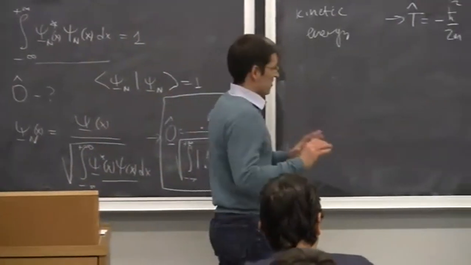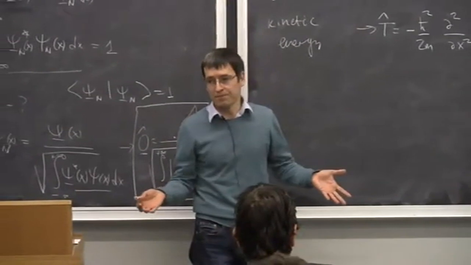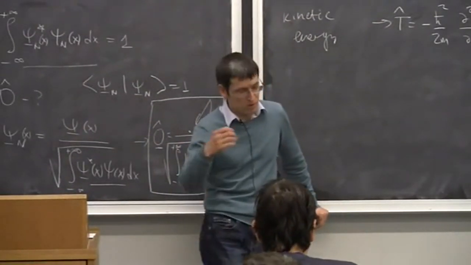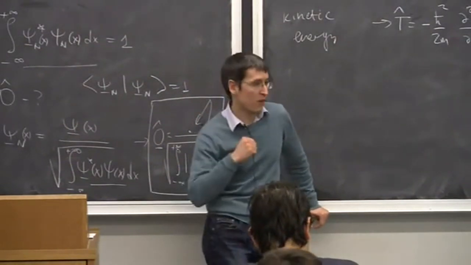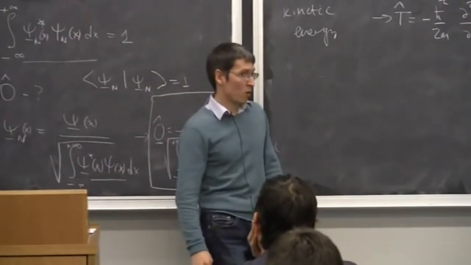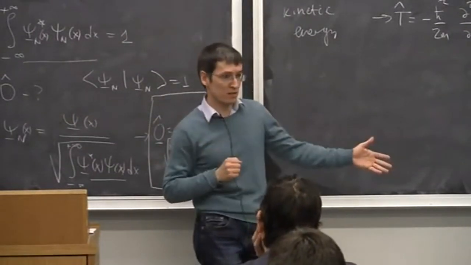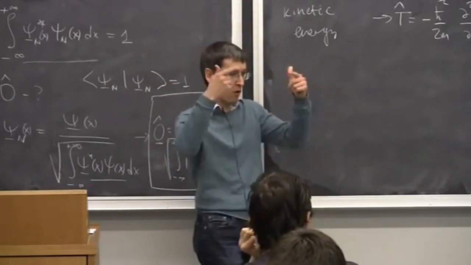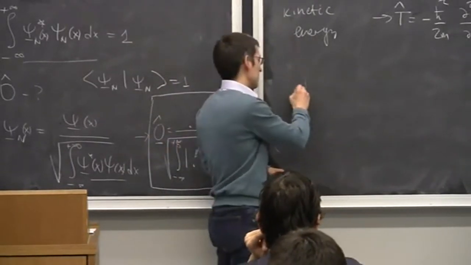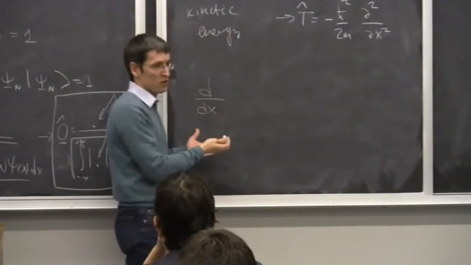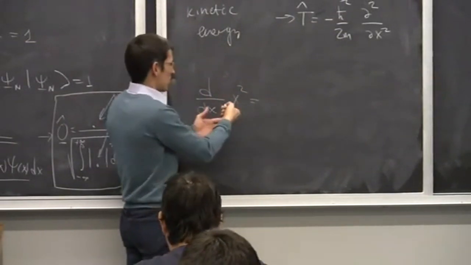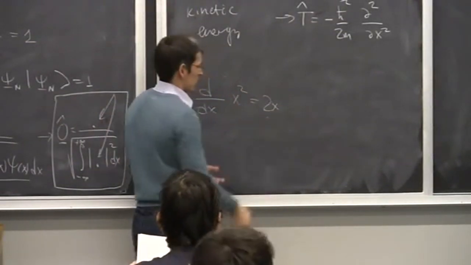So let's just go to the basics. What is an operator? Changes a function to an object. That's right. So it's an object that takes a function and gives you back another function, right? What is a function? It's an object that takes a number and gives you back another number, right? Operator is one level up. It takes a function and gives you back another function. Simple example of an operator, differentiation. You put a function inside, the operator operates on the function and gives you another function, right?